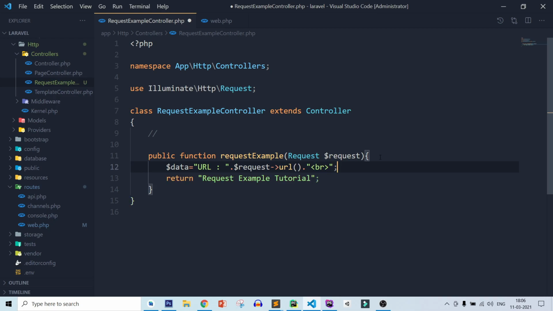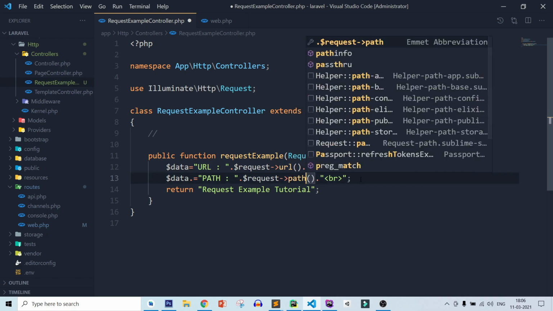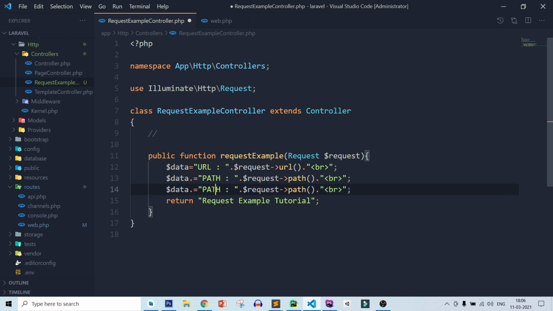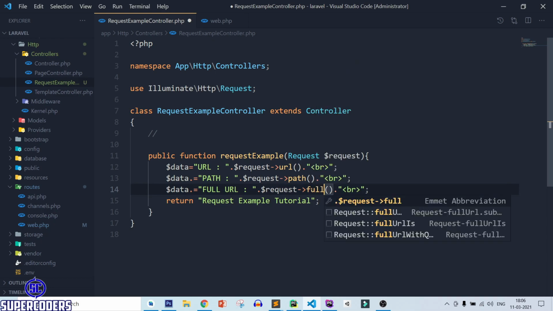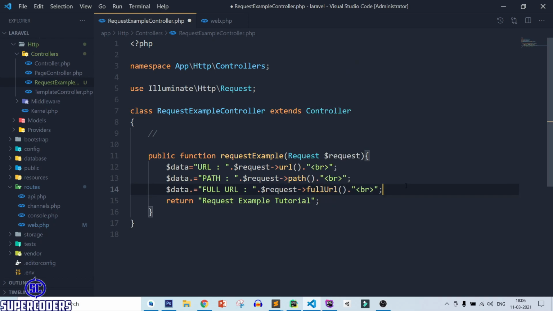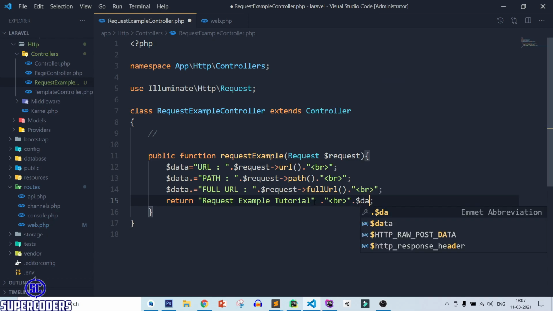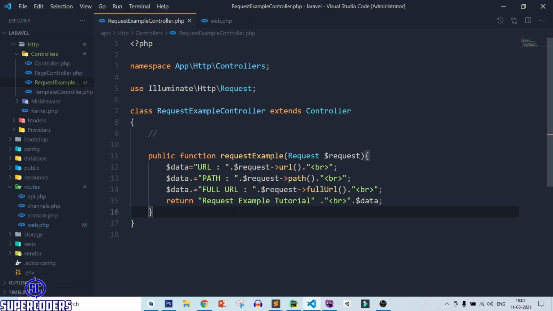Again copy this same line and append it, then path, and next is full URL. After that, here adding a line break again, and $data. Now save this page and let's check what we can receive in response.